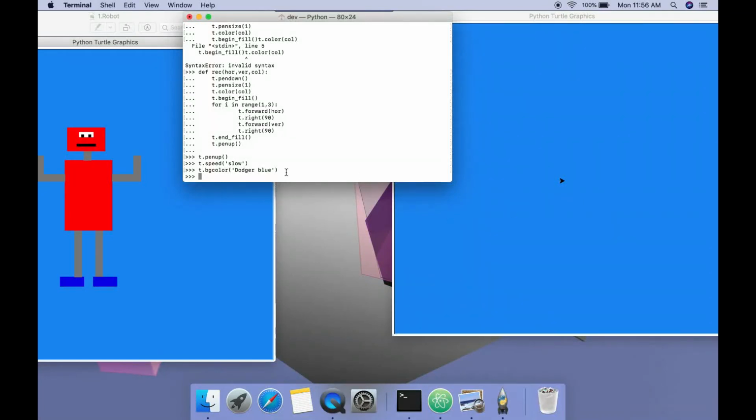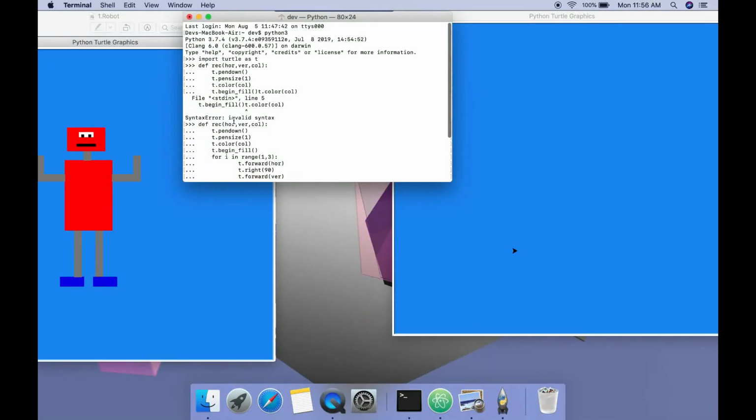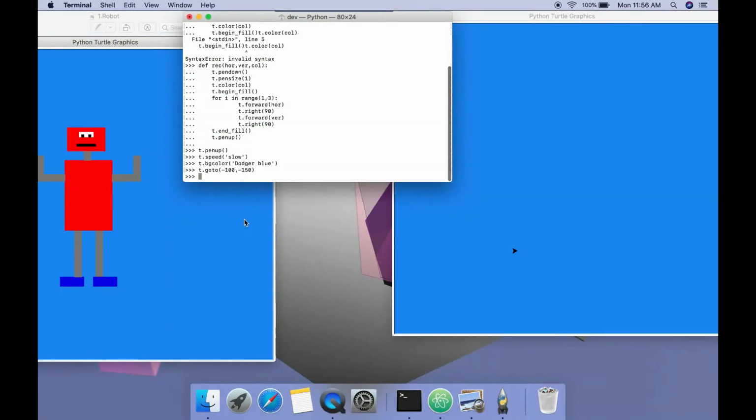First step done. And now we will begin from this point, creating the foot first. So t.goto, and the points here will be, I have already found the coordinates. So I'm just writing those coordinates, 100 and -150. So it got there. After that one, we need to call the rectangle function. Here we have this one, rect. So rectangle, and there pass first the horizontal distance. So this one is approximately 50 pixels,